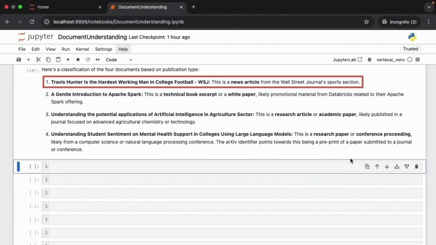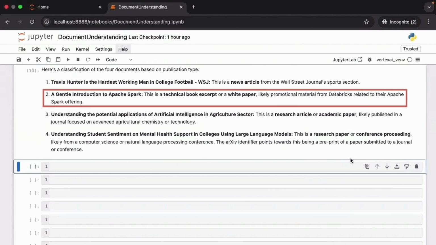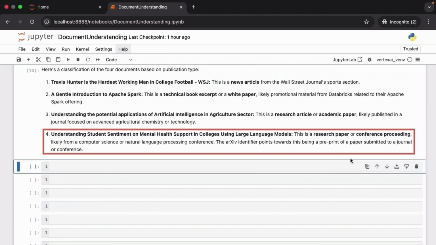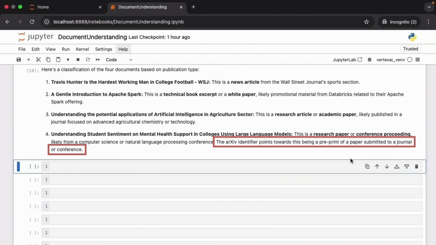You can see the model clearly identifies the news article, the article from the WSJ. I guess that was kind of obvious. A gentle introduction to Apache Spark, a technical book excerpt or a white paper, likely promotional material from Databricks. That was very well identified. Artificial intelligence in the agricultural sector, research article or academic paper likely published in a journal. Again, well identified. And finally, our mental health support sentiment, a research paper or conference proceeding, likely from a computer science or NLP conference. Again, well identified. You can see the model says the archive identifier points towards this being a preprint of a paper submitted to